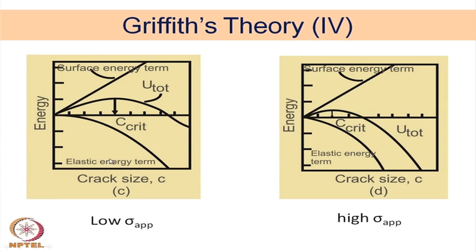One is, as you have said, that there is a critical fracture stress or critical applied stress controlled by the fracture stress. If stress is applied more than that, the fracture will automatically take place. And what will be the size of the critical crack length? That is also determined by the applied stress. Okay. So, the higher the applied stress, the smaller the critical length of the crack, and that is also very important for our physical understanding.